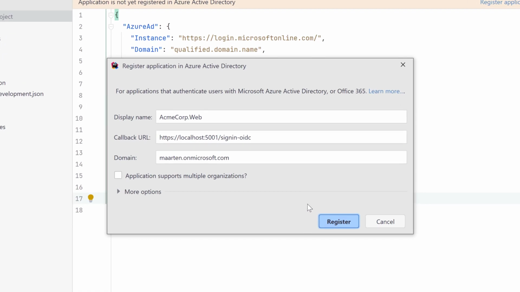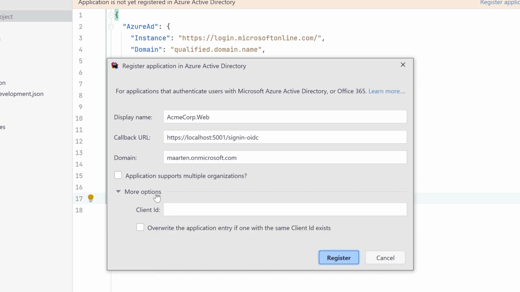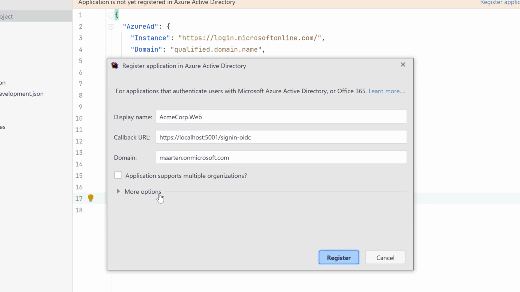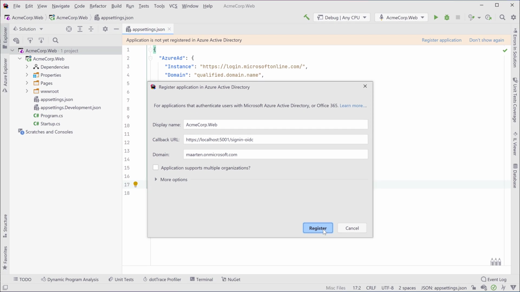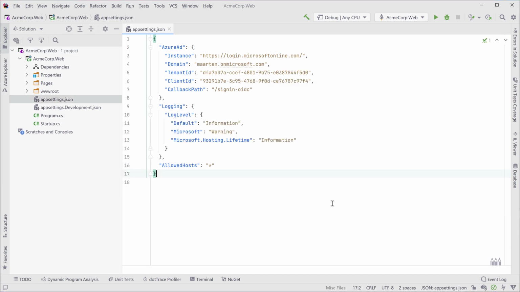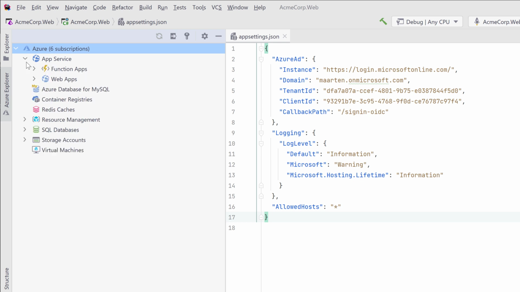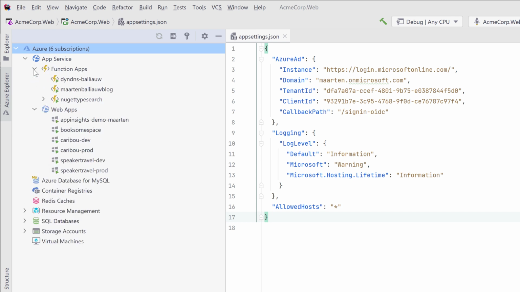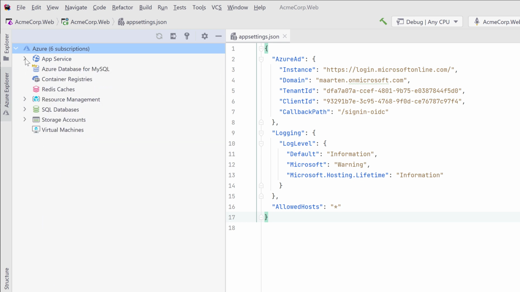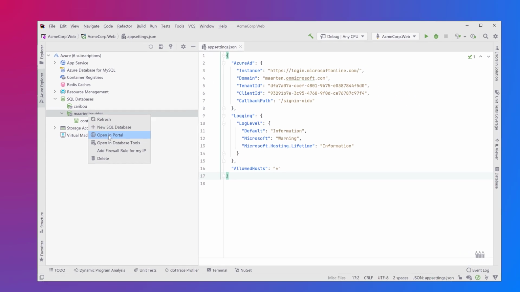You can now register the application and, if desired, customize the options. Rider will update your application settings and create an application registration in Azure Active Directory. In the Azure Explorer, you can create and explore additional resources. You can browse and create app services, including web apps and function apps, container registries, Redis caches, storage accounts, virtual